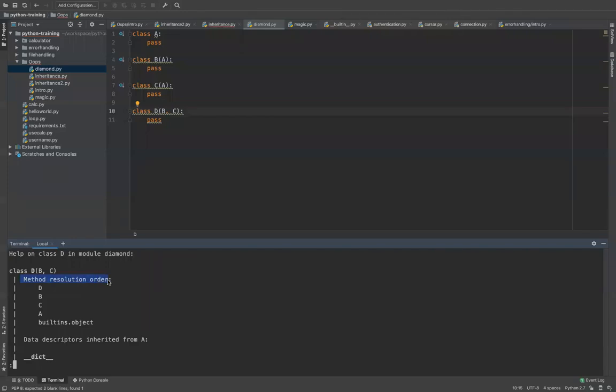It works on an algorithm internally and traces the sequence of classes where it should go and check whether the method exists or not. The hierarchy according to that algorithm is: first it checks in D, then goes to B, then C, then A, and then the built-in object class. That's what I was talking about. All the classes in Python get inherited from the object class. So this is the method resolution order, and this is how it looks up while checking for the methods that you call.